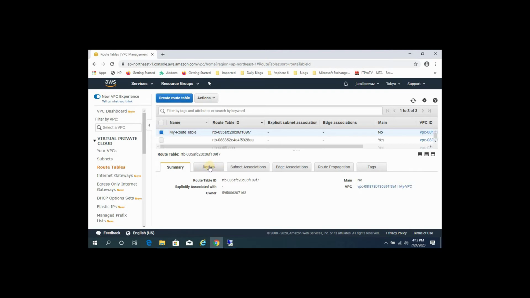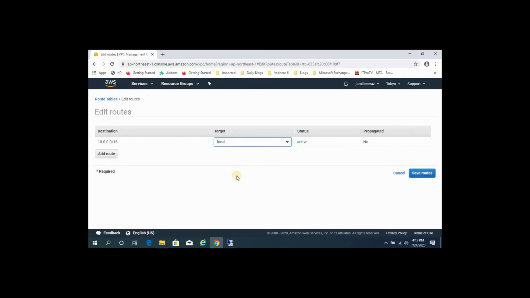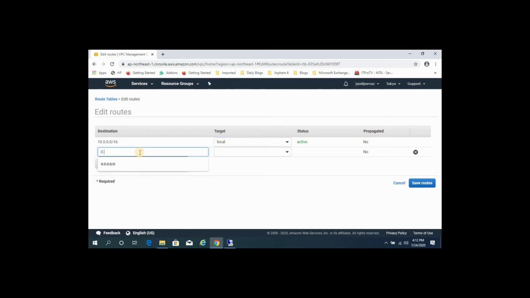Select Routes, select Edit routes, click Add route, and type 0.0.0.0/0, meaning all packets for the internet.